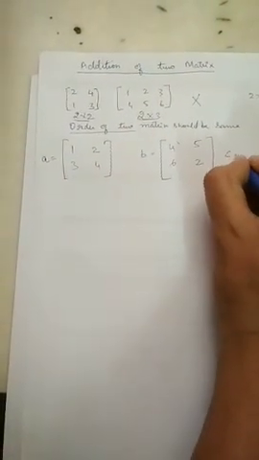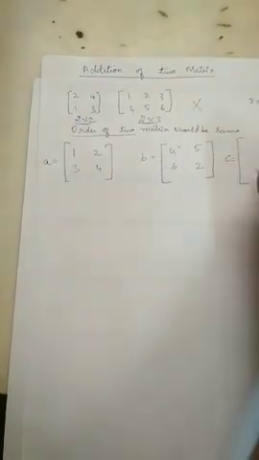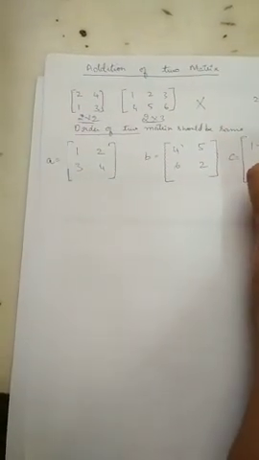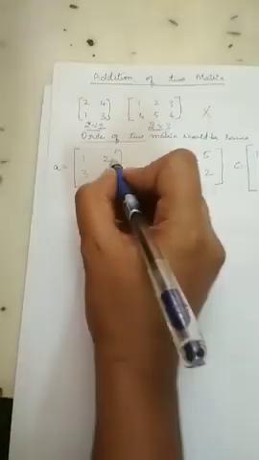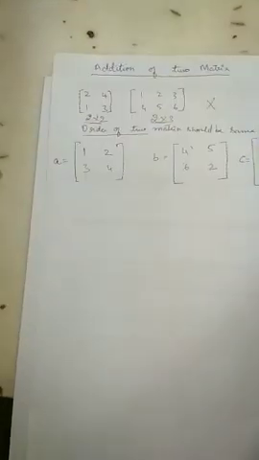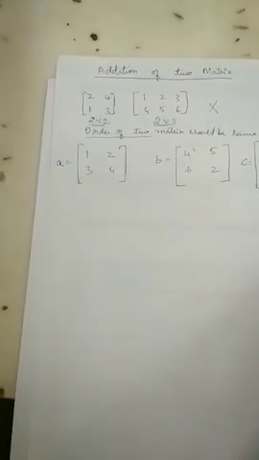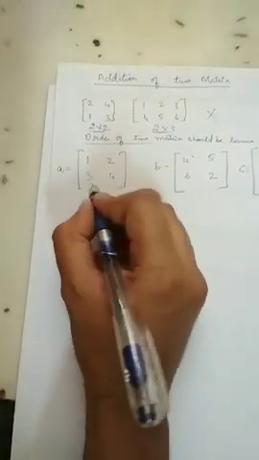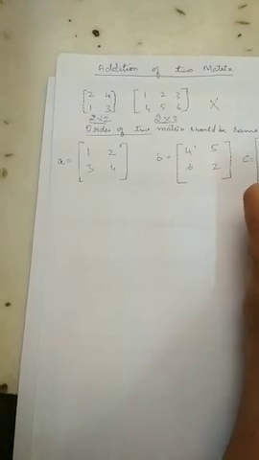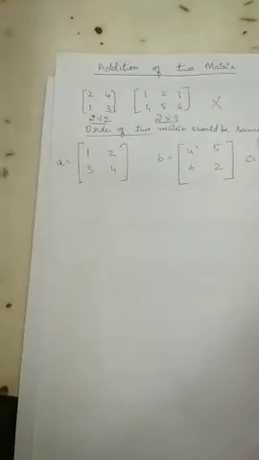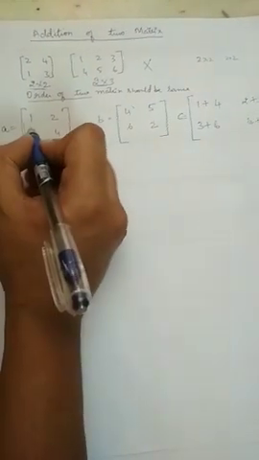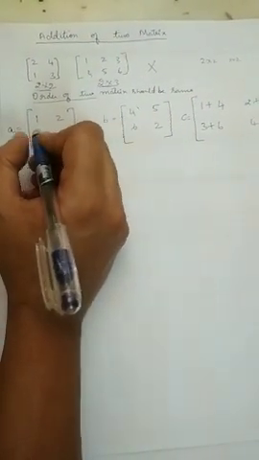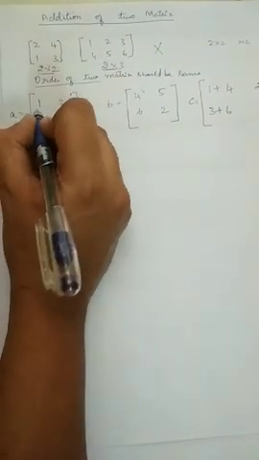So we can write the resultant matrix as C is equal to, 1 plus 4, right? Next element 2 plus 5, right? I'm just writing the simple matrix addition. 3 plus 6, 4 plus 2, right? I hope everyone knows how to do matrix addition, right? So now let us see in array how to do this.